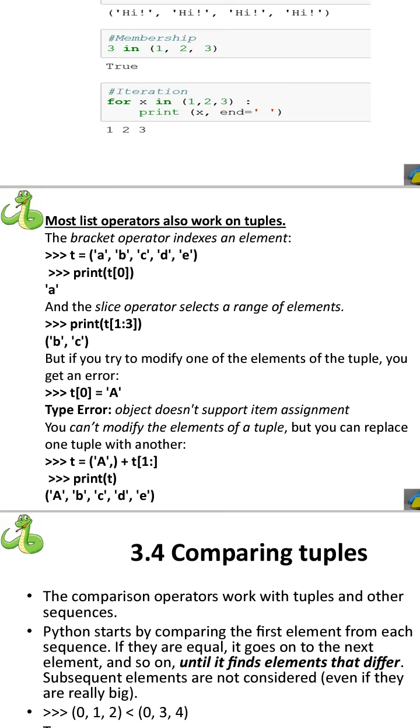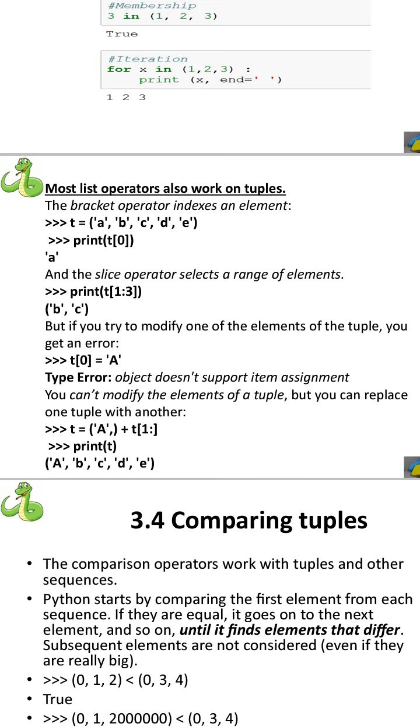To access the first element, that is a, I need to say only print T of 0, because as we have studied, the tuple index starts with 0, hence in the 0th index element a is stored. Hence when I say print T of 0, the output console prints a.